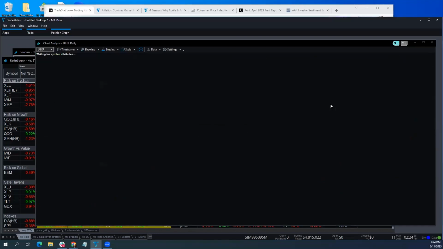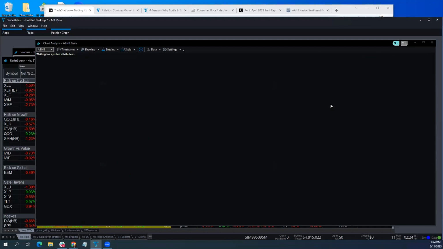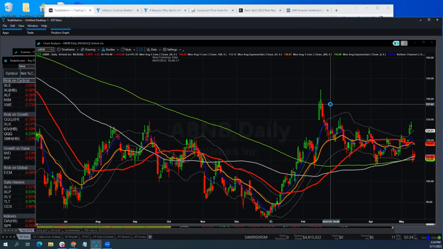Another one was Uber, had a very strong quarter. Interesting to see some of these names coming together. And then you look at Airbnb, not good. So again, we're just starting to see now, and this is the thing that I've been saying for a while, a new cohort of stocks that will lead a new bull market. And I think Uber can be on that list. Some of these other names,